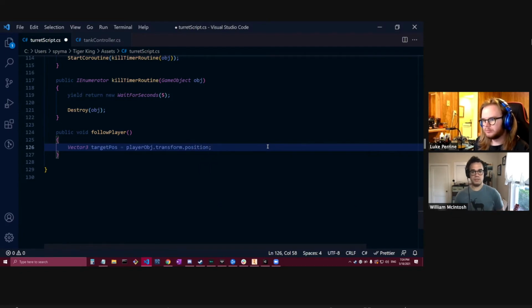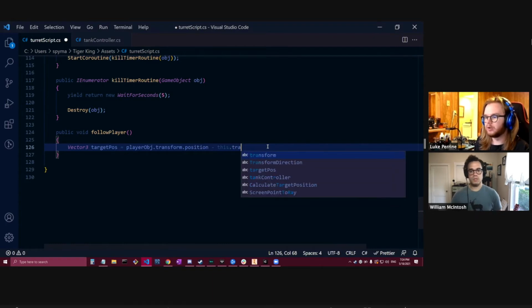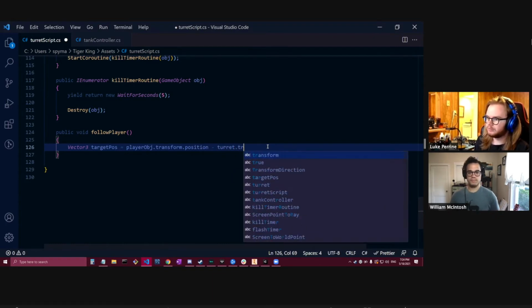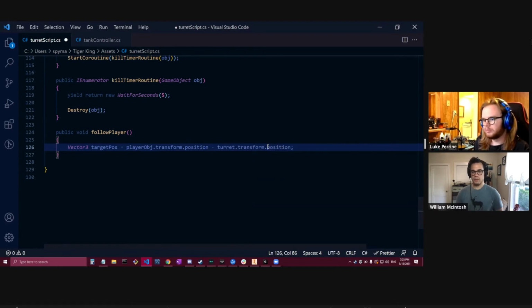Awesome. Minus. Then we're going to do Turret. this.turret. Yeah, let's do the turret. There you go. Perfect. Okay. And then let's set the